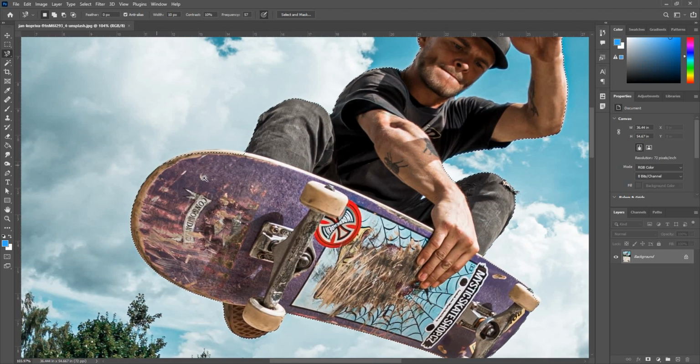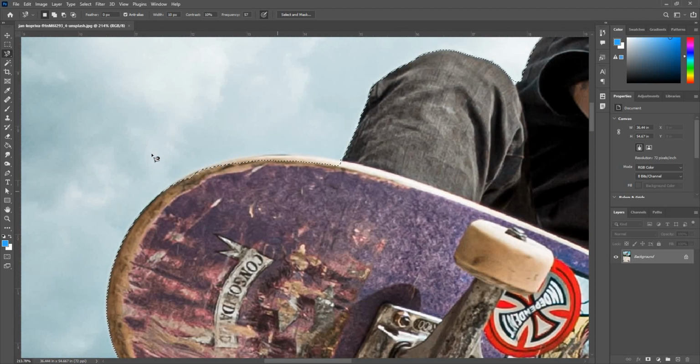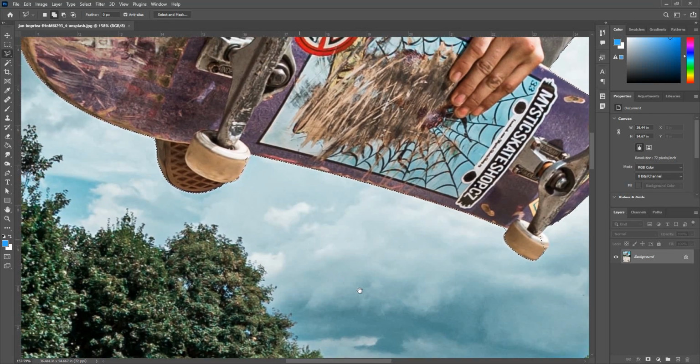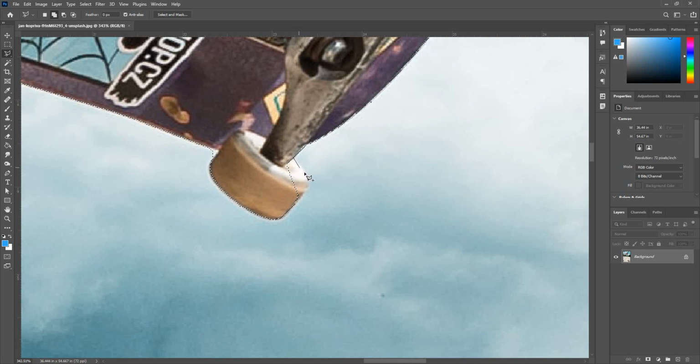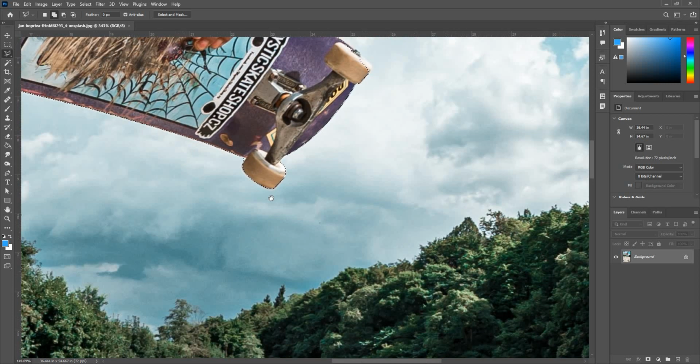Okay, there are a few things that we need to make corrections here. So I'm going to use the polygonal lasso tool, add to selection, and just make an add here. I'll just double click to complete the selection, and somewhere where did I have that? Here, yeah. Okay, so click,